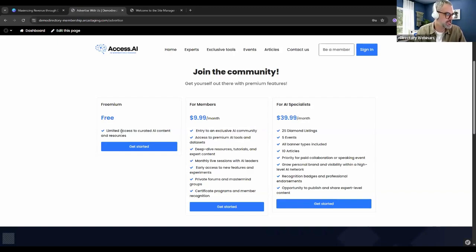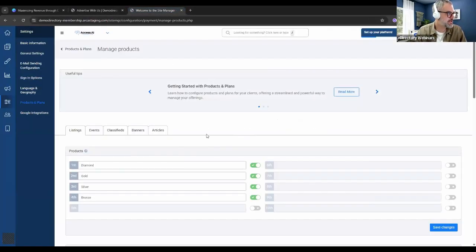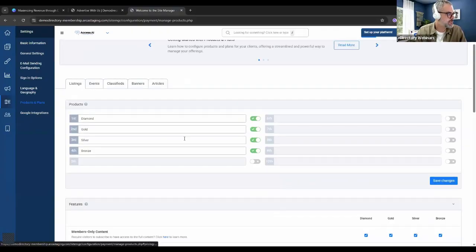So you'll see that we are targeting two different types of end users. One end user is just a normal reader: I just want to have access to a community and read the content. The other user is the content creator, who will actually use the platform to sell products and sell their services. So you can go back to the site manager, and here you can create these different types